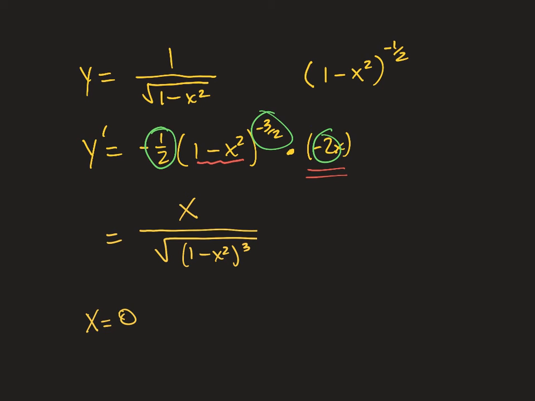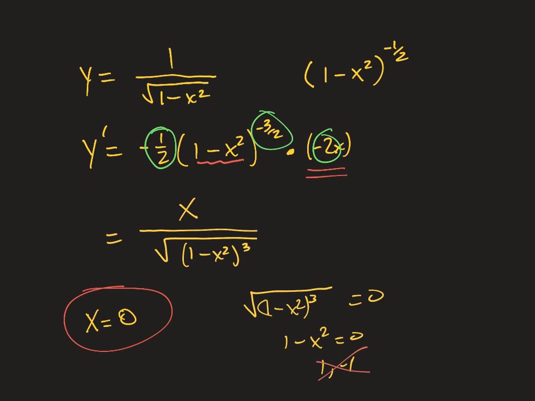Now we should also check for undefined values. And the way you do that is you set your denominator equal to 0. And I can quickly square this thing and then take the cube root, and basically that just means that 1 minus x squared equals 0, and that happens at 1 and negative 1, and those are not part of the domain, right? Those are those asymptotes, so we can throw those out. Those aren't critical points. Those were the asymptotes. So I just discovered my only critical point, which is excellent news because that's what we saw in the graph,